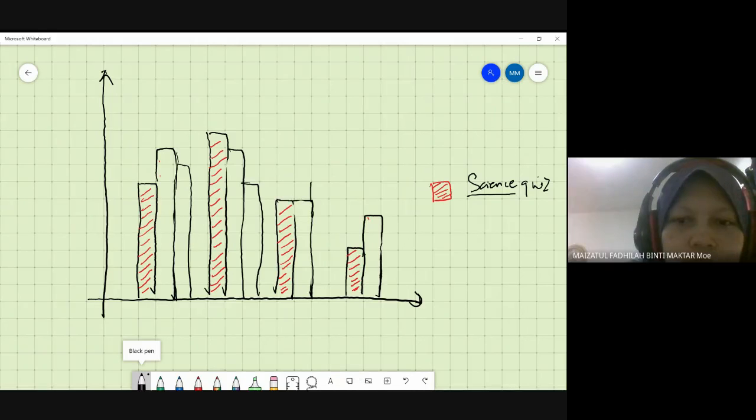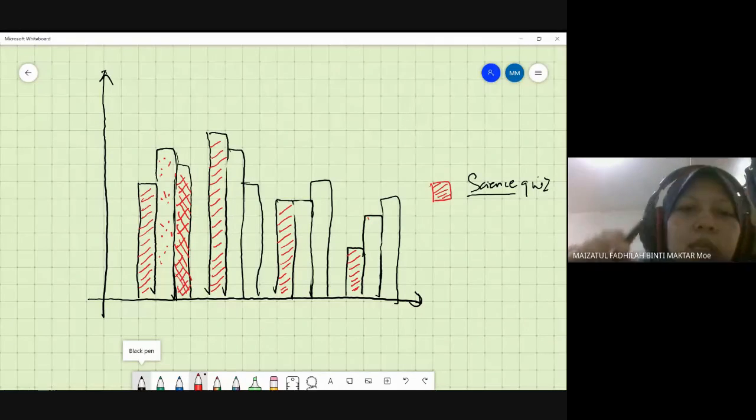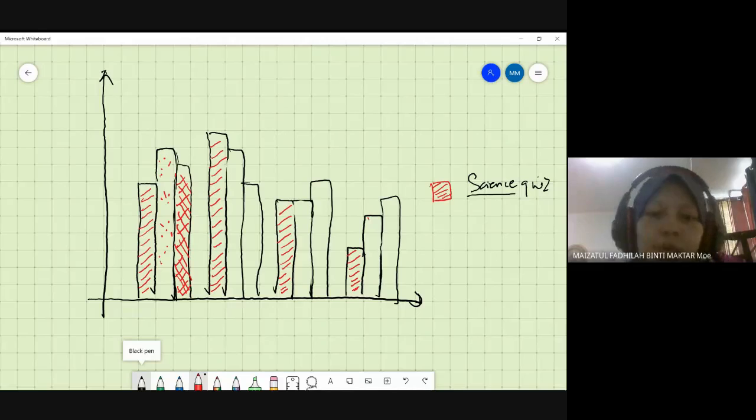Right, so I show you. If I have more than one, then you can do the line. You can do this again, but do not only do like this, so you just cross. Opposite cross. Then you can see the difference. Okay, so don't worry if you do not have the color of the bars. Okay, right, so please remember, if you have 2 sets of data, you must have